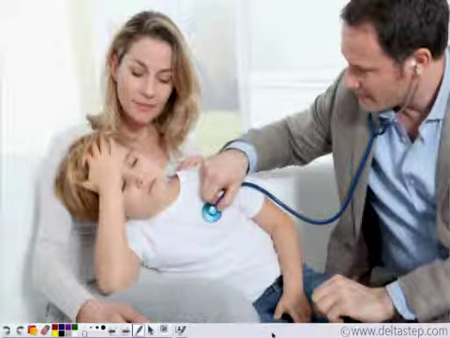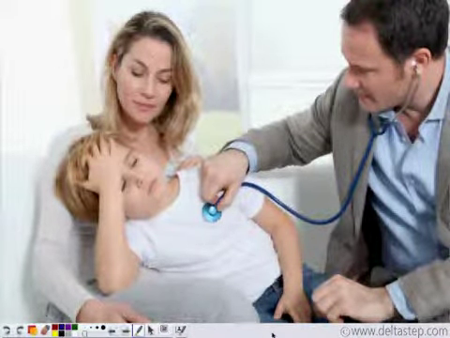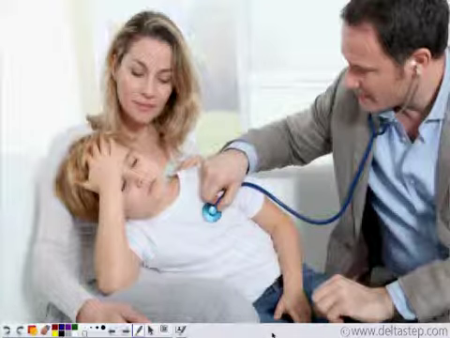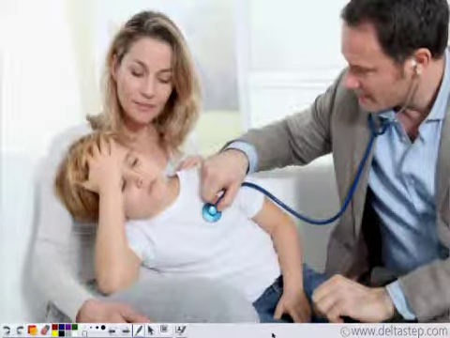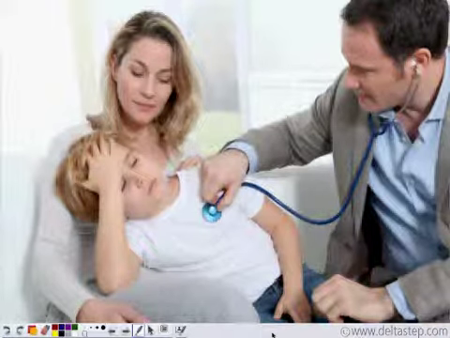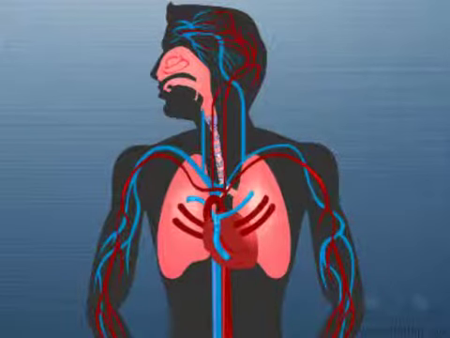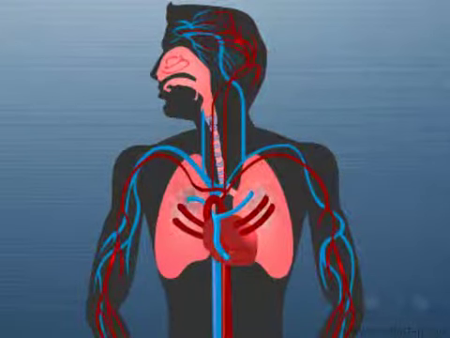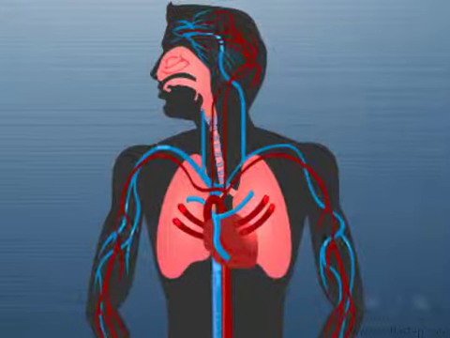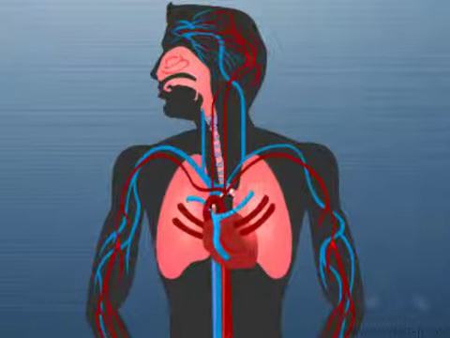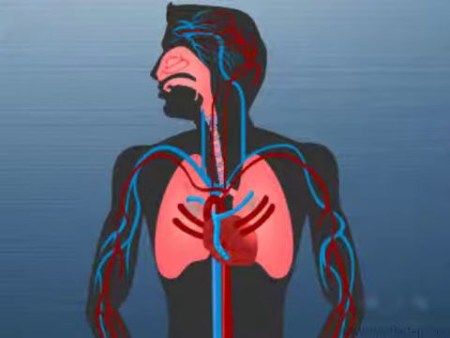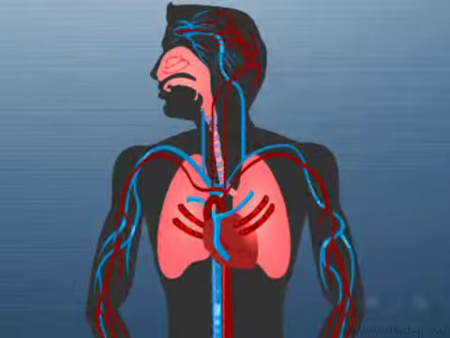This little boy was frequently falling ill with infectious diseases. The immunity of his body, that is, the strength to fight against diseases, was decreased. So what provides protection to our body? Well, blood is the fluid connective tissue, and it can transport protective substances throughout the body.